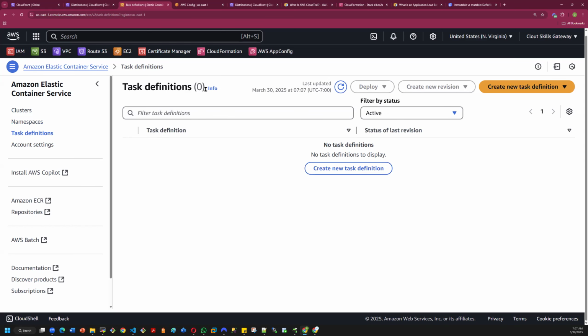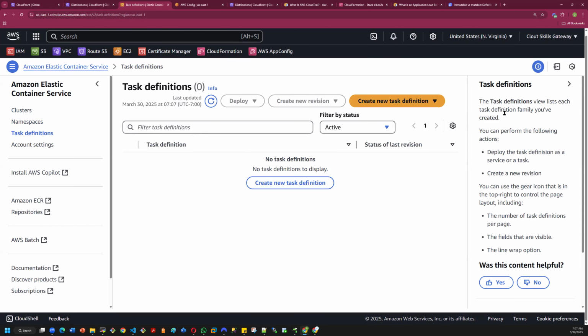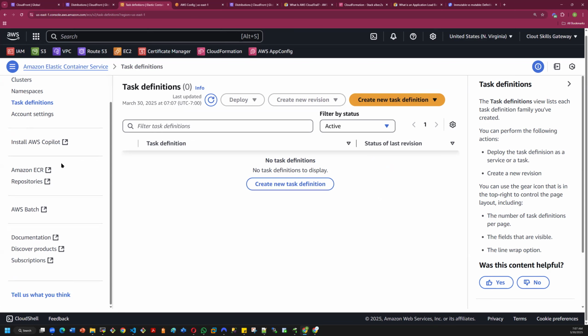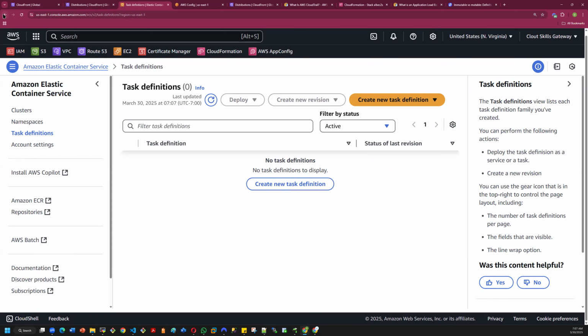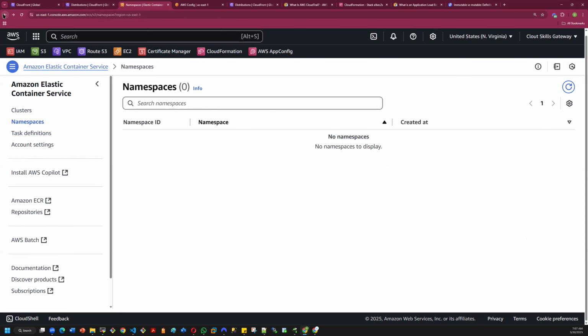definition. And so again, if you want to learn about task definition, you come here. The task definition views list each task definition family you have created. So whatever task definition that you've created, it's going to be there. Yeah, so this is ECS. Let's go back to